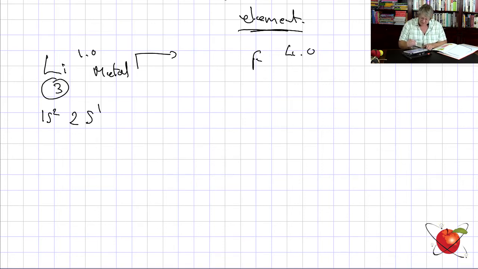Now, the lithium comes along and the fluorine comes along. We know that fluorine was element number 9. So it's 1s2, 2s2, 2p5 to make 9. Now, I just want to do this diagrammatically,